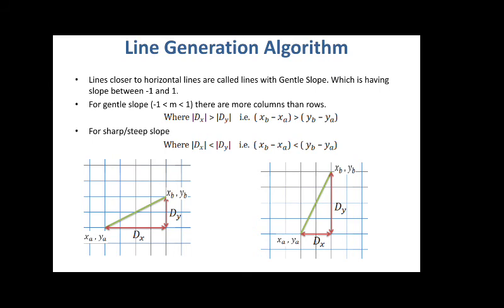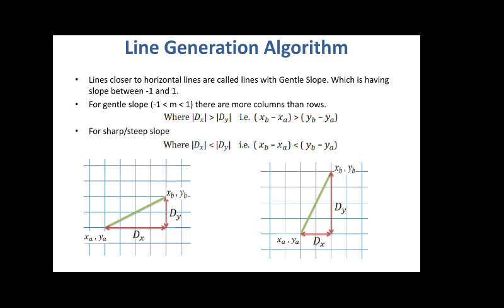So in this you can say y is incrementing by 1, right? In a gentle slope, x is incremented by 1. You cannot calculate the y exactly, but x is incremented by 1, whereas in a sharp slope y is incremented by 1. You cannot say about the x, right? So this is the concept.